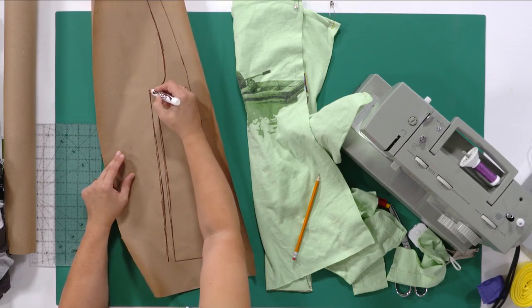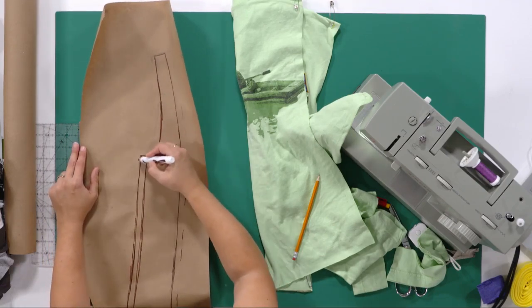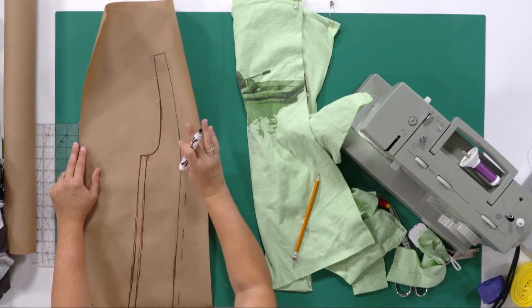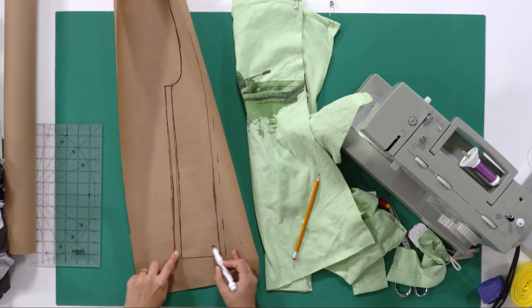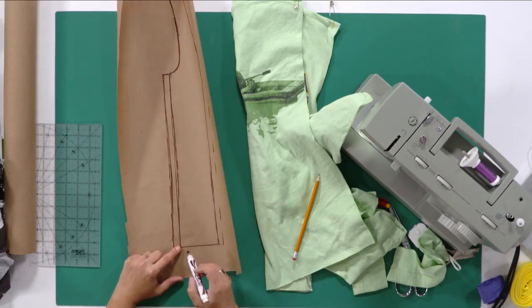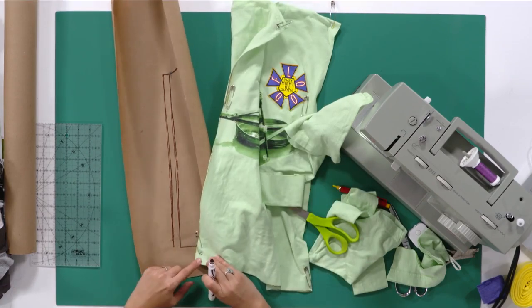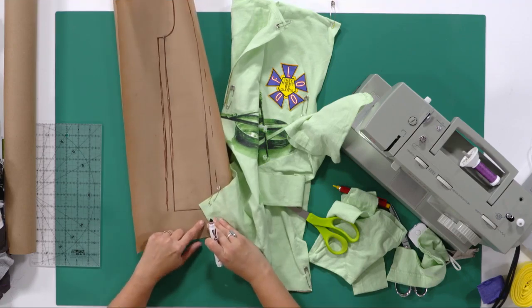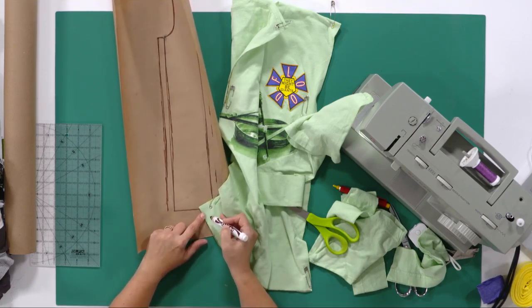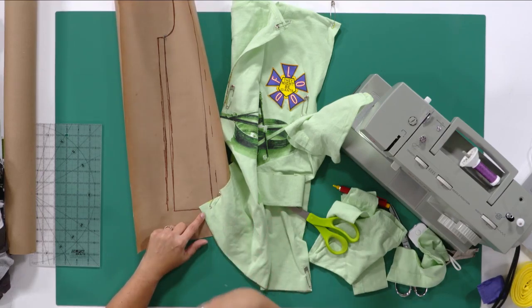Like that. We do not need any seam allowance along the armhole at all, because we're going to be binding that off. We already added the seam allowance to the bottom hem here because this was just drawn out to the same length as this shirt, but that is only because I am re-hemming this shirt. If you liked the hemline of your shirt and you left it alone on that center focal point tee,